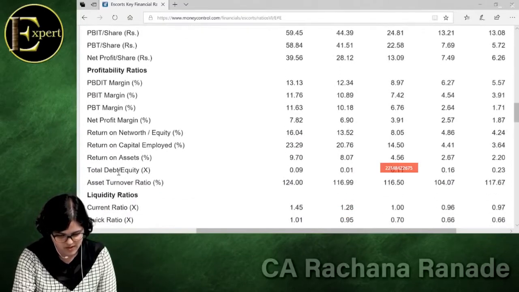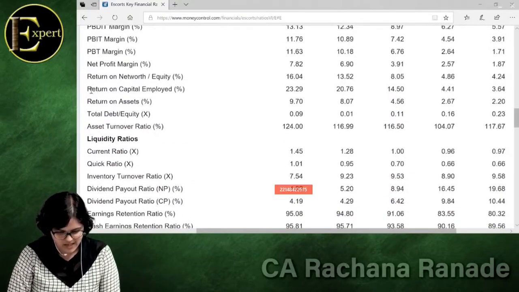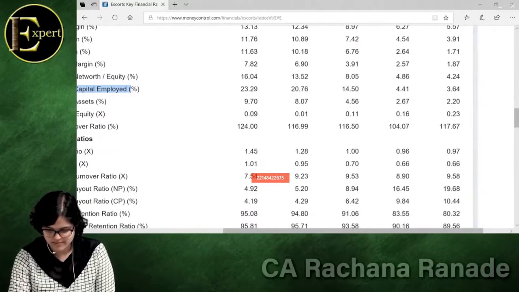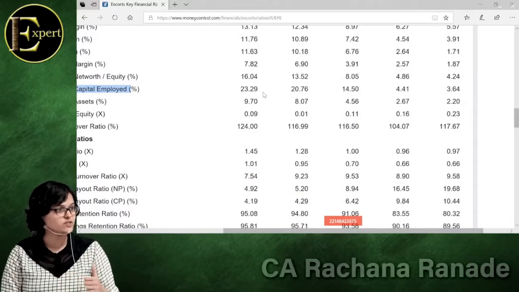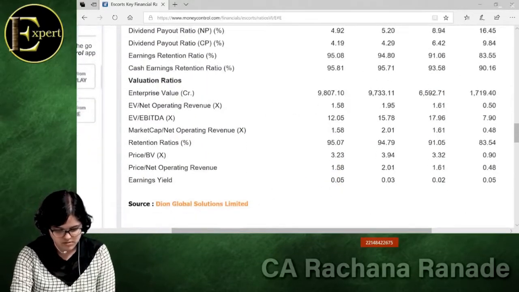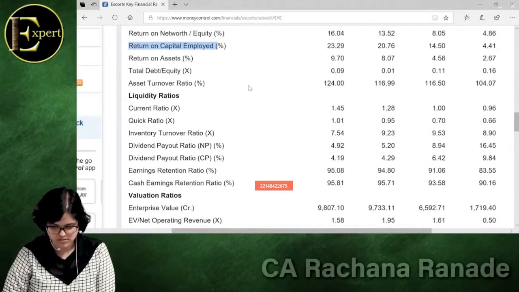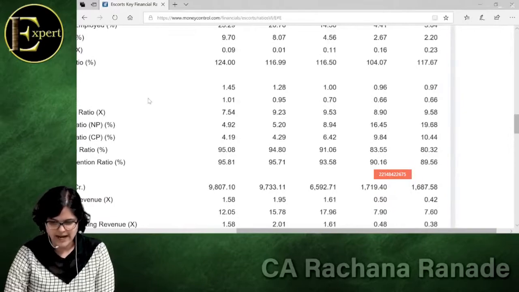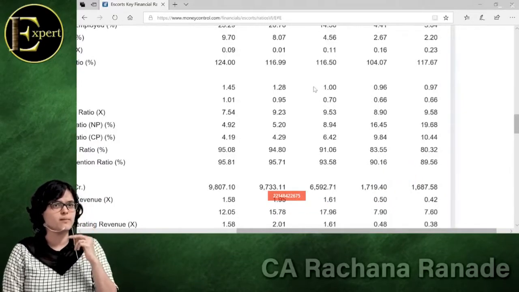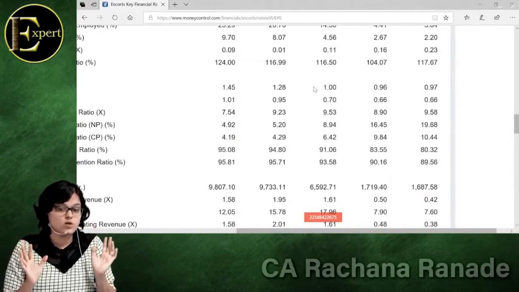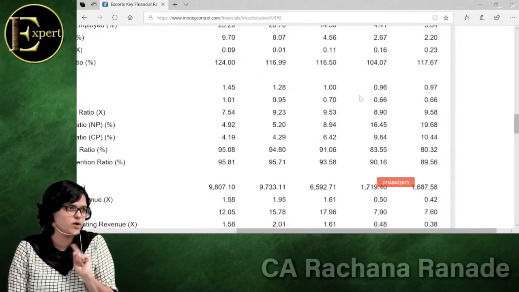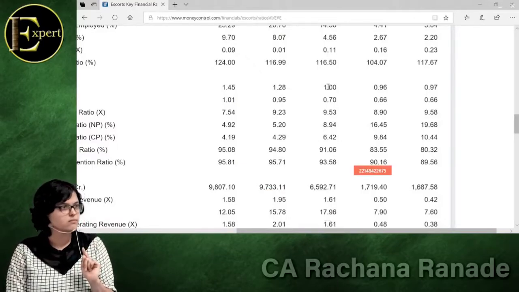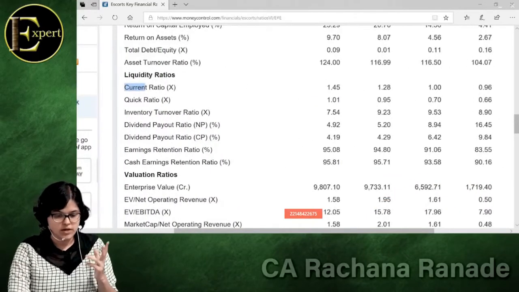So what we were checking were, see, ROCE, return on capital employed. It's continuously increasing: 3, 4, 14, 20, 23. Fantastic. ROCE is increasing. Then one was our current ratio. See, ideally it should be 2:1, but what I said, anything above 1:1 is not that bad. What is the worst scenario? Which is the stay away scenario? This one was the stay away scenario, but it's a very borderline scenario. See, here it has got 1, exact break even. It's increasing and it's increasing. Okay. So current ratio is also good.